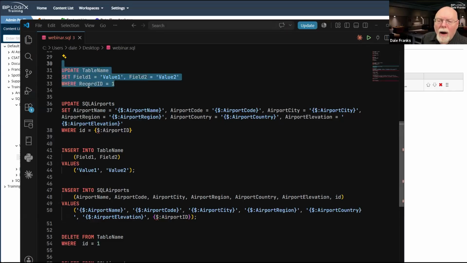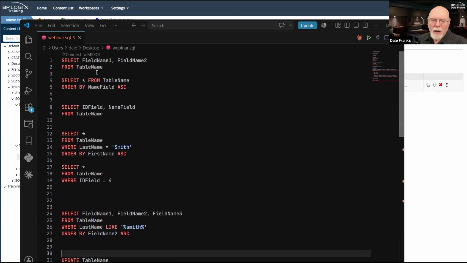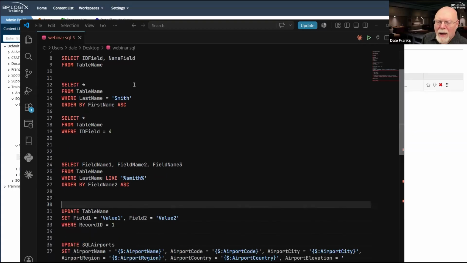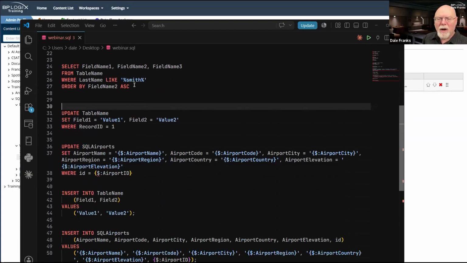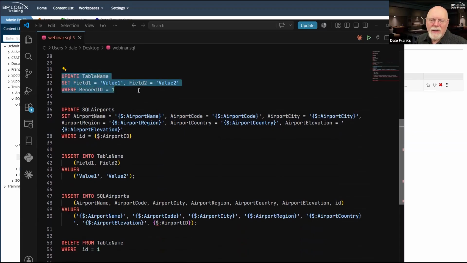When we are going to update, this is the command that we are almost invariably going to give. The command is update. Now, last week we talked about SQL, and as you can see, there were several different versions of how a select command works in SQL, depending on what you're doing. It's much simpler when we start talking about update, insert, and delete because they tend to have a very fixed, similar syntax that you'll use over and over again. And for the update, this is it.